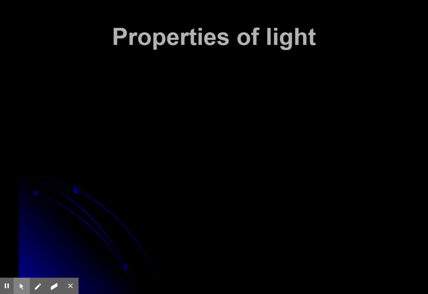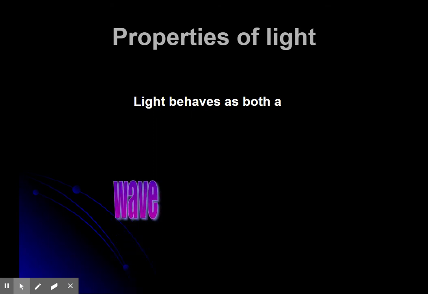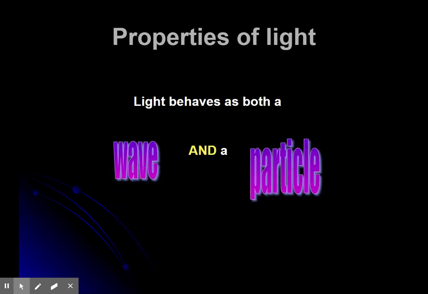That didn't sit very well with a lot of scientists, but it's something we had to accept, because we do like to categorize things. So light is both a wave and a particle. It behaves as mass and it behaves as energy, and it really depends on how you look at it as to how it actually behaves.